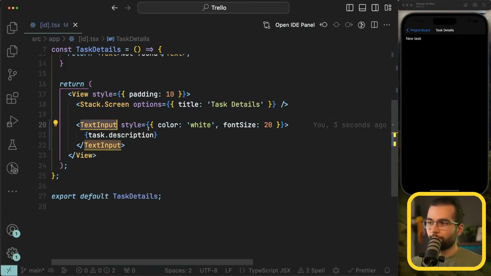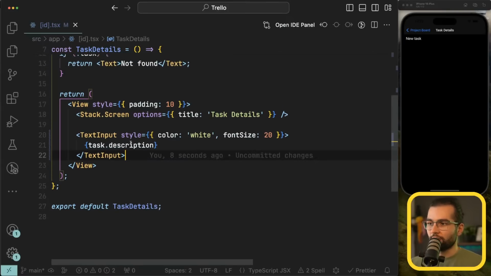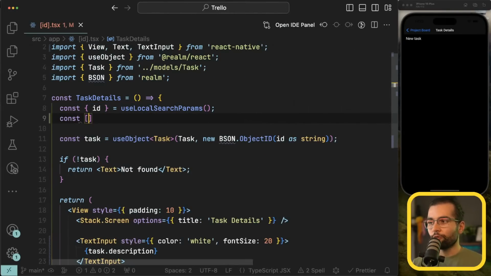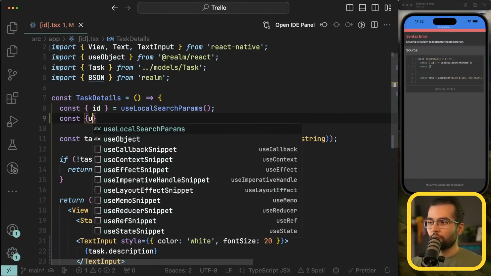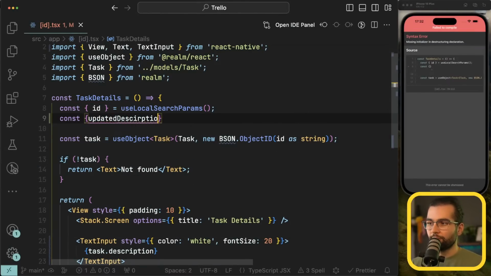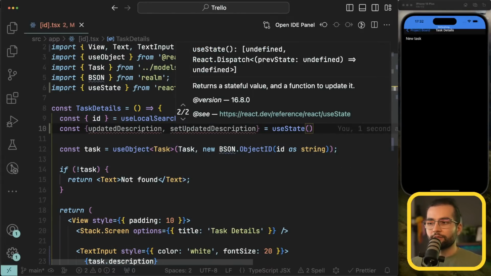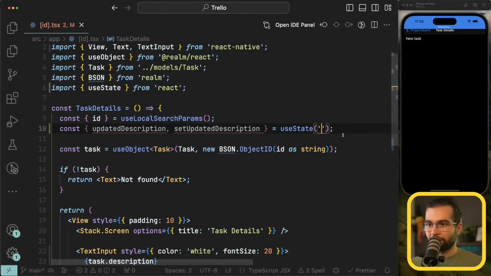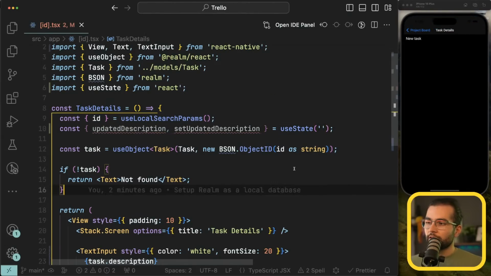and for the text input we need some value there. So we're gonna have to keep track in a state variable of the updated value. So updated description, set updated description equal use state. And we're gonna default it with what? I don't know with what, probably with an empty string right now, but